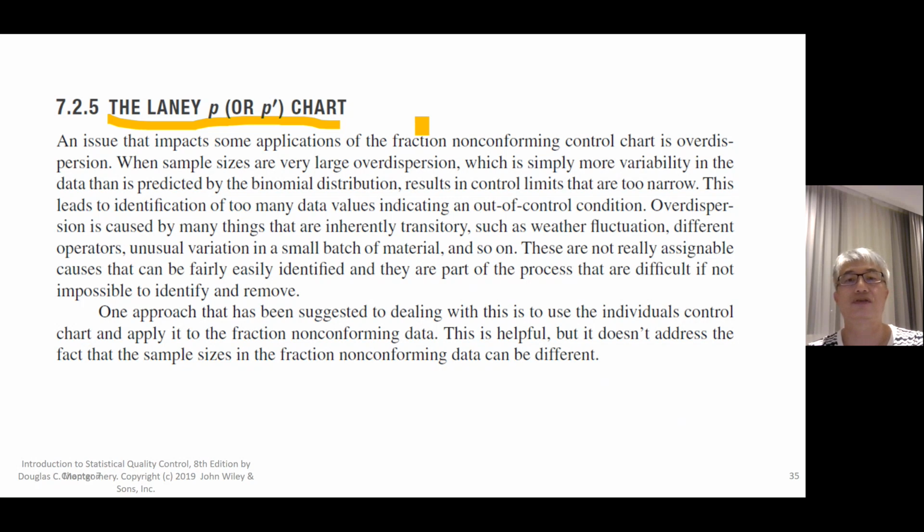And which also results in control limits that are too narrow. And this leads to identification of too many false alarms. The data will indicate out of control conditions or signals. So over dispersion is caused by